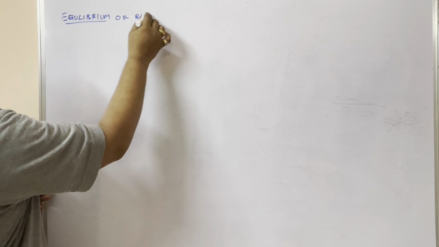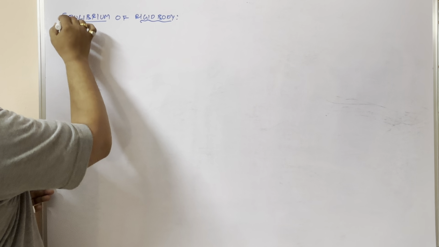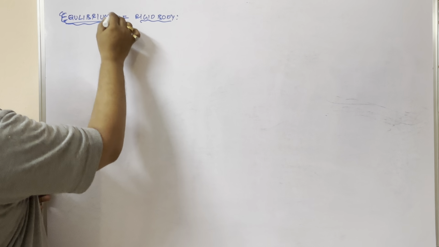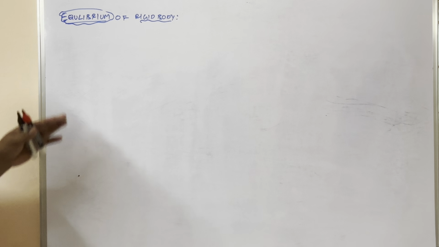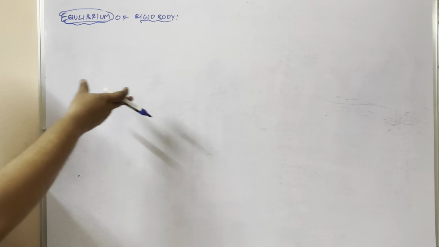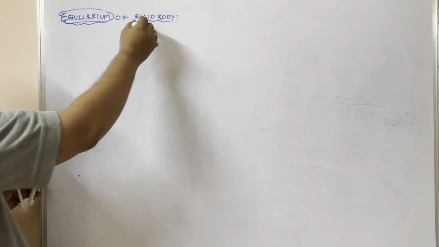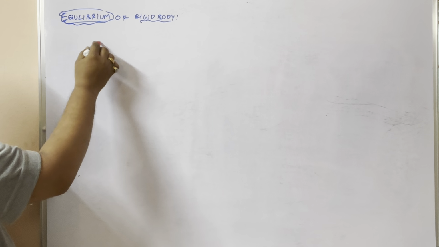Equilibrium of rigid body. So, what is meant by equilibrium? In laws of motion we discussed, when net force is going to be zero, then the object is said to be in equilibrium. If you want to say rotational equilibrium of a rigid body, so you require